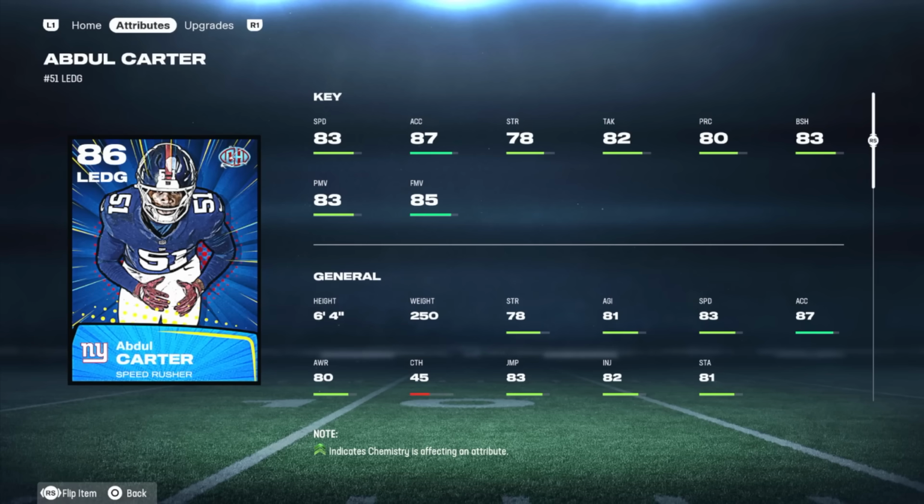Now over to the defensive side of the ball. If you're looking for some pass rush, we have Campus Heroes left edge Abdul Carter. This is probably my favorite pass rusher in the game right now that I've personally used. He gets home and at the quarterback a lot, and I was kind of shocked to see his price so low. He's down to about 250, 255K according to MUT.gg,